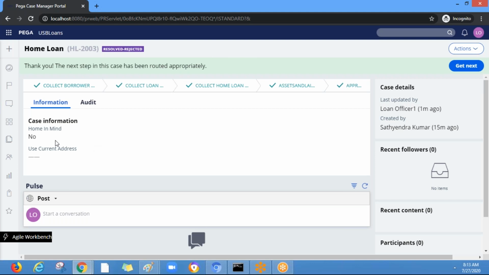So the manager will not pick randomly. The manager will always click on get next work. So when the manager clicks on get next work, the most urgent assignment will be opened automatically. And they will just look at the information and either approve or reject it. They will have the details, right? When they open it, they can also see the borrower information. So we can also provide that.